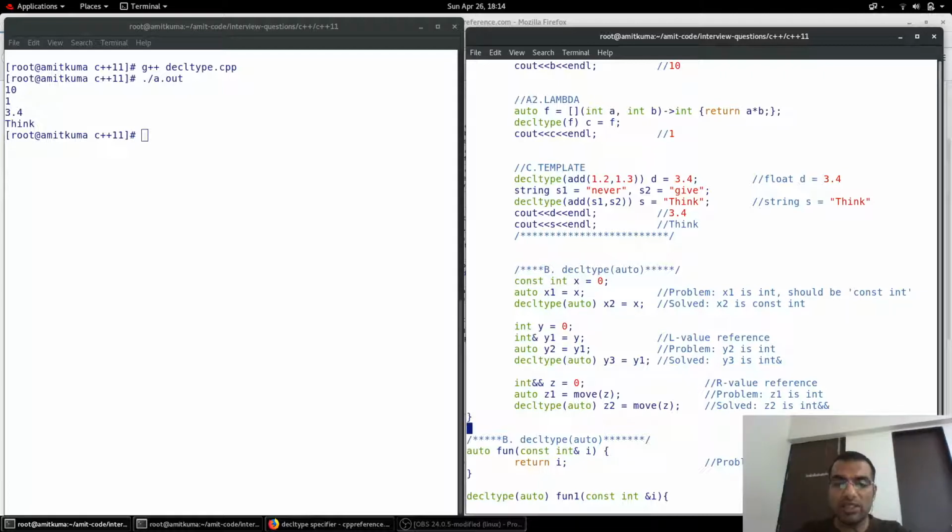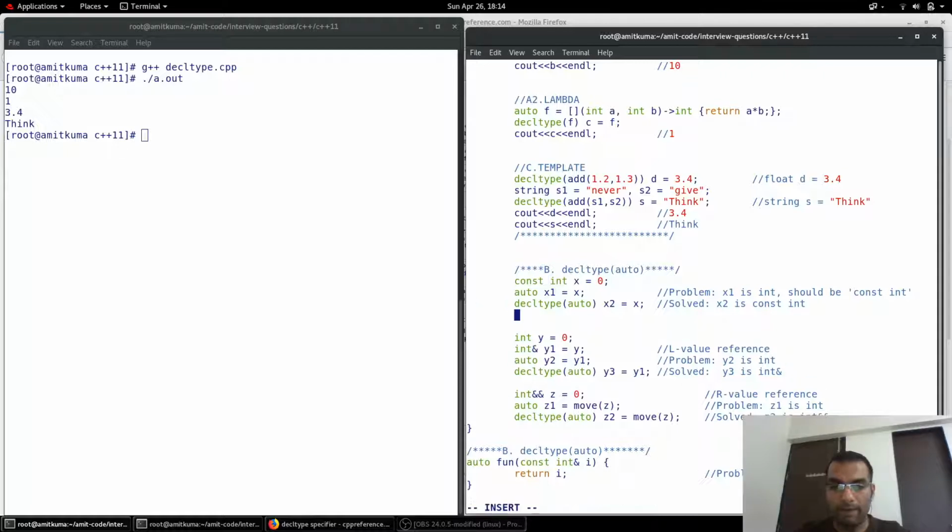We can just check that. If we do x1 = 1, it should pass because x1 is taken as int only.